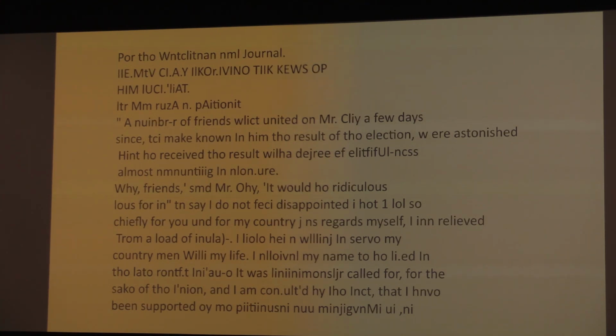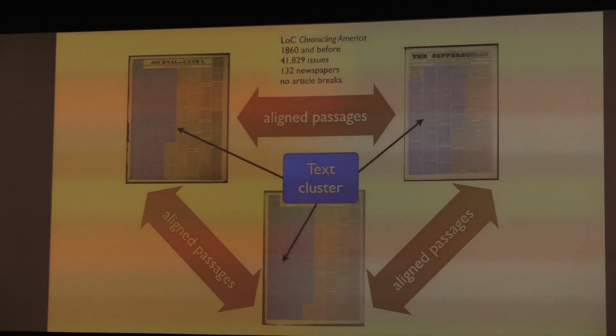The other challenge that we're facing is the one of the 20th and 21st century. When these newspapers were digitized, the text in them was recognized through optical character recognition. There are millions of pages. No one has been paid to go through and correct these pages, and so this is actually a pretty decent example of one of these. "A number of friends indicted," right? This is what we've got. So what we want to be able to see is that that passage and that passage and that passage are all the same.